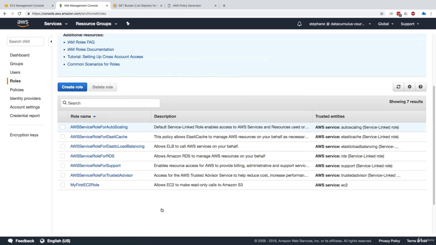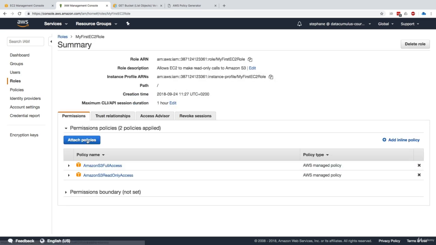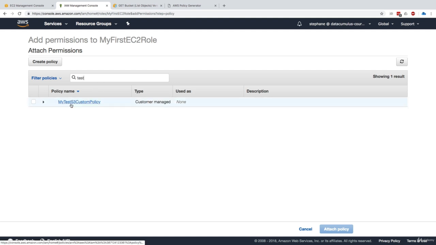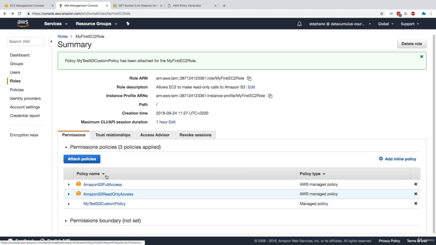Coming back to our roles, we can go and look at our first role, and I'll just close this, click on our first role, and we can attach our policy. And the one we just created, I think, was called my test custom S3 policy, and this type is customer managed, and we can attach it. So here we go. Now our S3 EC2 role only has these three things. And so because I managed this one, I'm actually able to probably make it more specific to my EC2 instance, and it's probably going to be better security. So that's it to basically create policies. In the next lecture, I'll just show you how to test them.